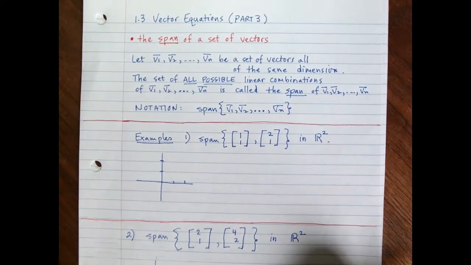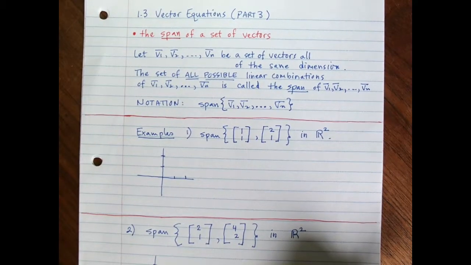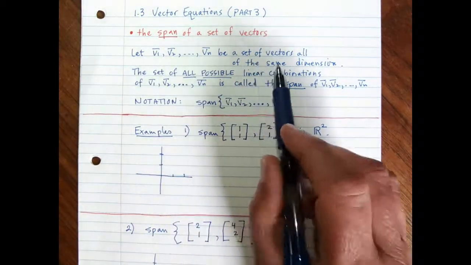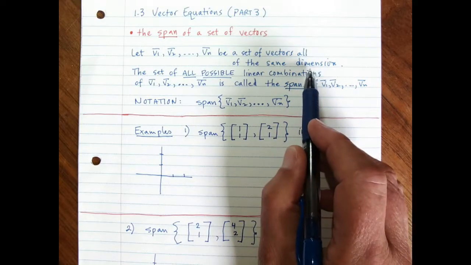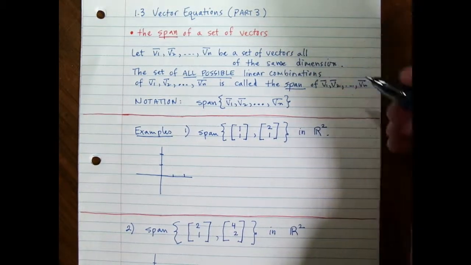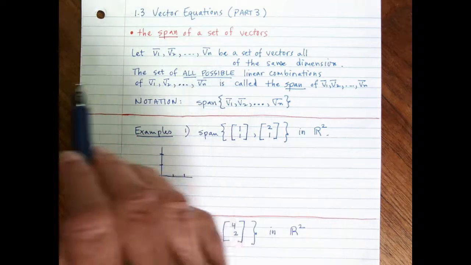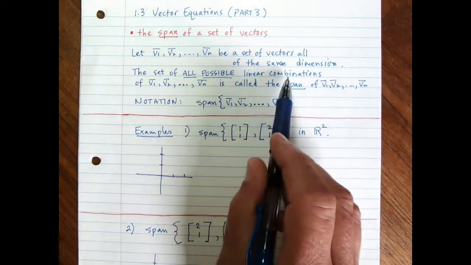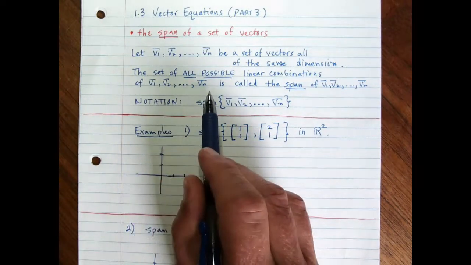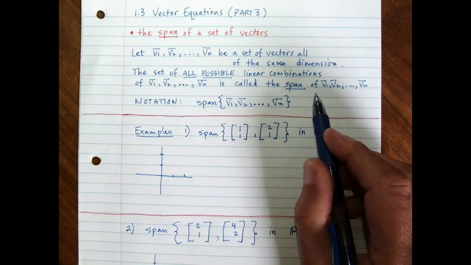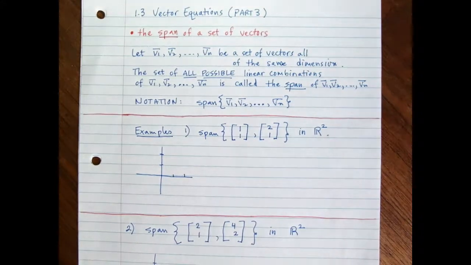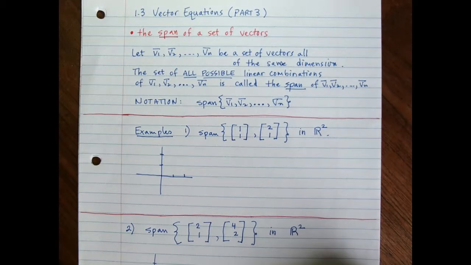So first, let me give you a definition, then we'll look at a couple examples. Let v1, v2 through vn be a set of vectors, all of the same dimension. So they're all 2 entry, 3 entry, 4 entry. They all have to have the same number of entries. The set of all possible linear combinations of v1, v2 through vn is called the span of v1, v2 through vn. All possible linear combinations, so not just one particular one or 2 or 3, but every possible linear combination